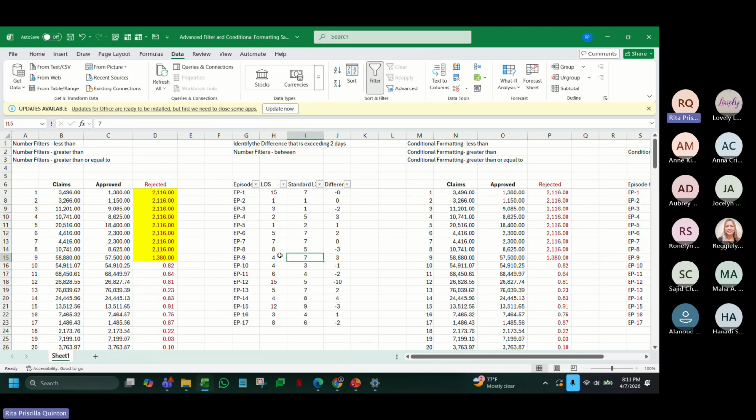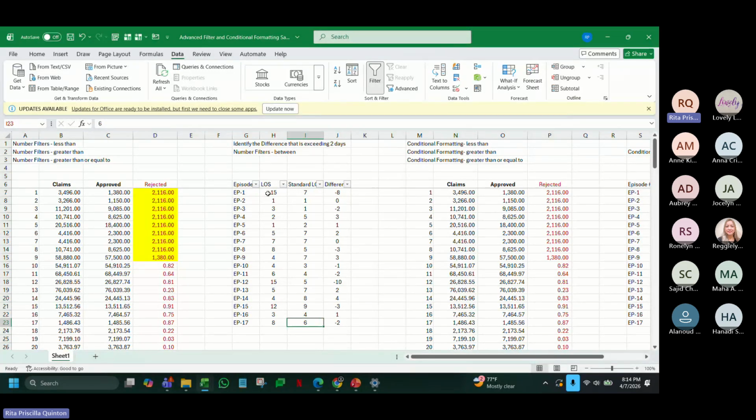So I just want to see which patients have more than 2 days difference on the standard LOS. Sometimes it is used so that I can study what happened to this patient. Is it an isolated case, or do I have a recurrent situation?